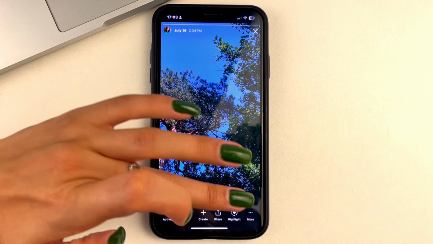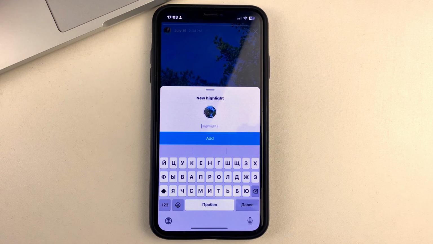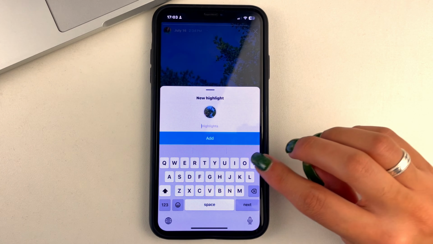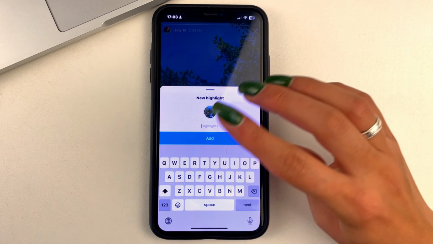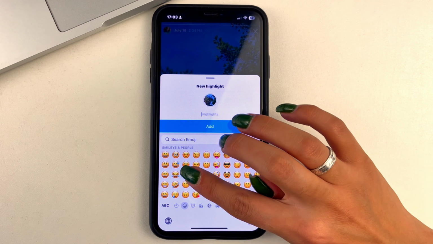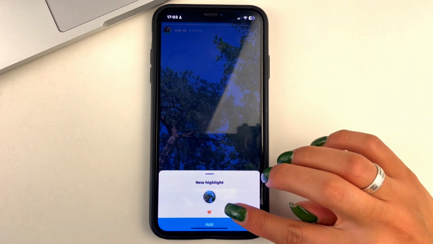You can also add your story to your favorites or what they call highlights. And those stories, if you add them, you can sign them in some way, let's say. That story, like that.